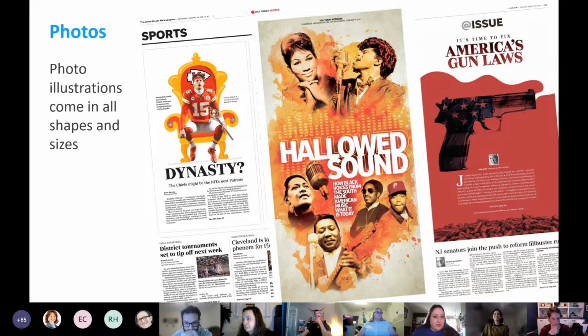I'll say I definitely have been one of those designers that accidentally cropped a photo and then realized too late that it was a composition idea I had missed from the photographer. So if you have a photo that's very much supposed to stand on its own as is, definitely ask your editor to put a note in the budget to say, if you're going to use this photo, please try to keep it as is if you can, especially if it's one they're definitely going to be using as a strong photo.